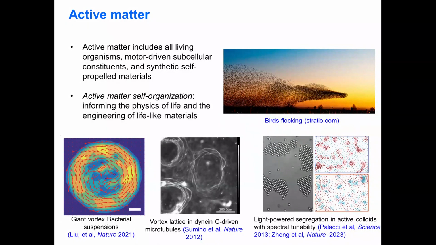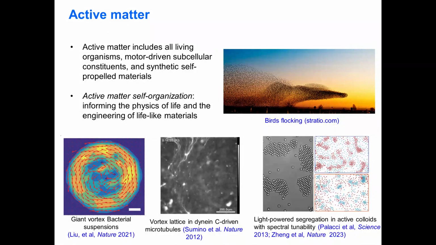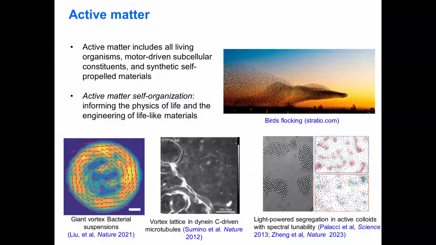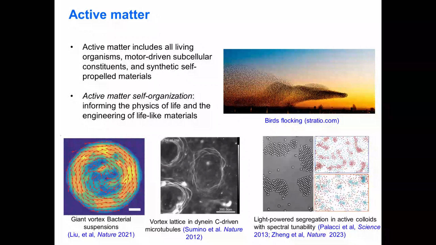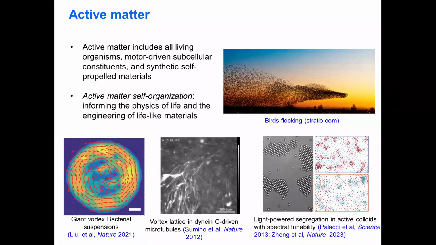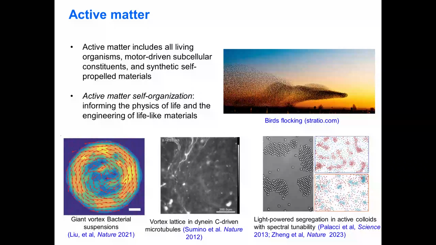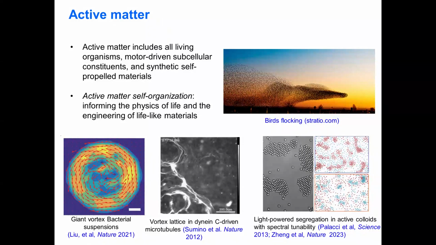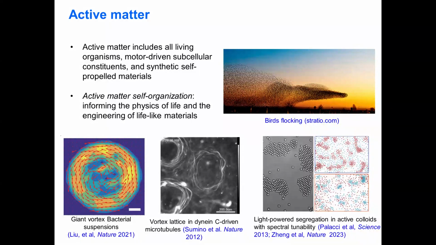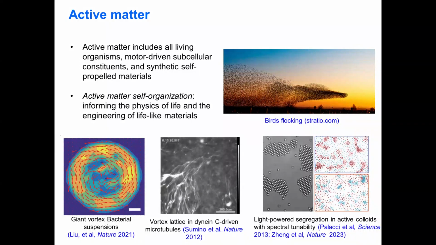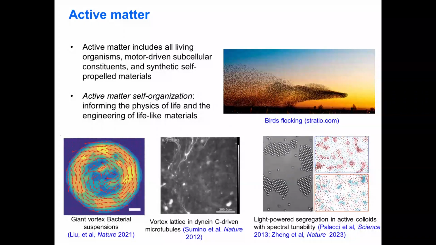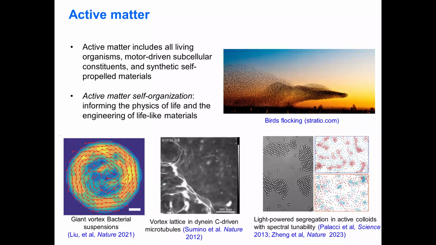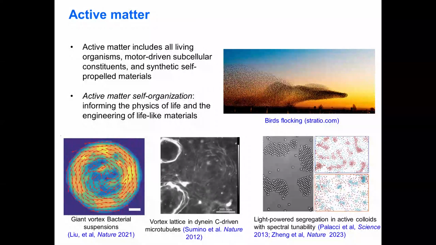In general, living active matter includes any material systems that consist of units that can convert local free energy input into mechanical work. So it naturally includes all living things, but it also includes those self-driven materials or units, such as molecular motors derived from living things. And it also includes synthetic self-propelled particles. But among these,